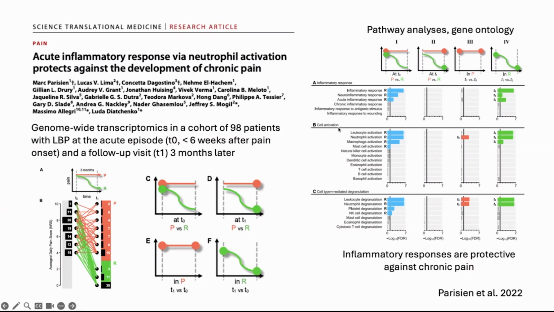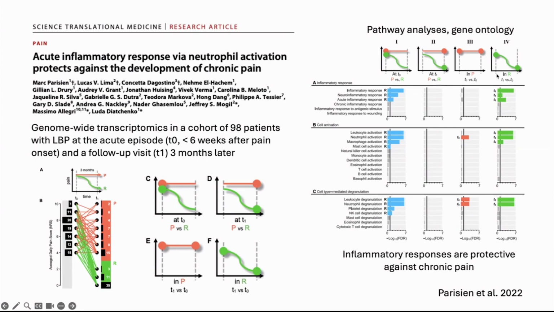Now, when looking at cell activation here in panel B, you also see a lot of gene expression related to the usual suspects, such as leukocytes, neutrophils, and macrophages that were substantially upregulated in the patients that went on to recover in the future. Now, the second column asks the same question, but instead looks at the difference between the two groups, now in the follow-up visit. And as you can see in the bottom, there are pretty much no differences between these two groups, suggesting that whatever happened in the first visit was a transitory phenomenon that then reverted to normality.